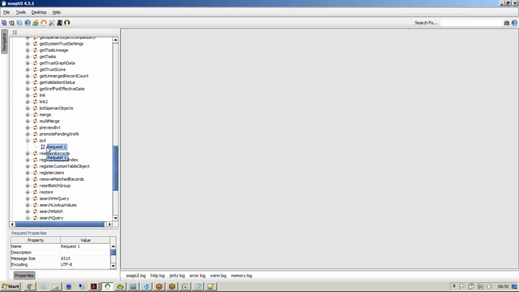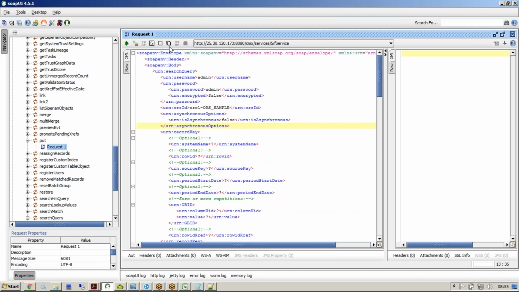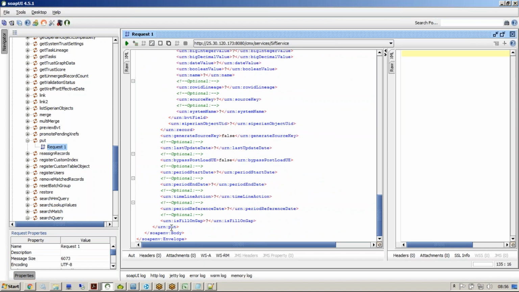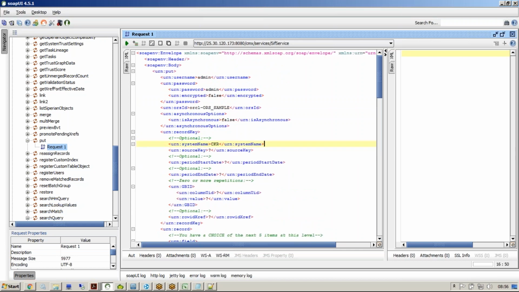go to put and place it here. Okay, and change this to put. Be careful, there should not be any case difference also. Then what I want to put, let's say I want to insert a record from CKR. So row ID object is not necessary, and let's say this is CKR 9011, and